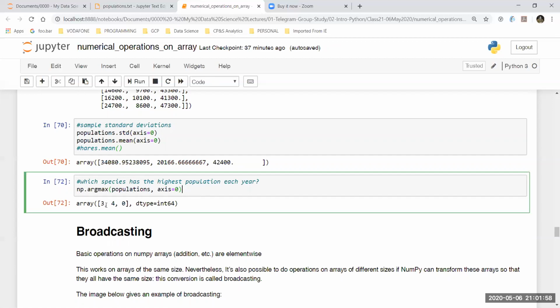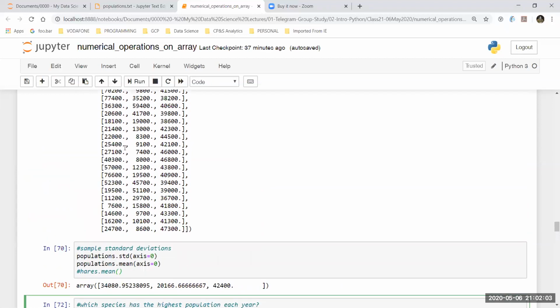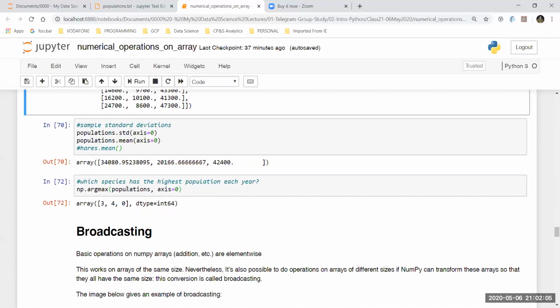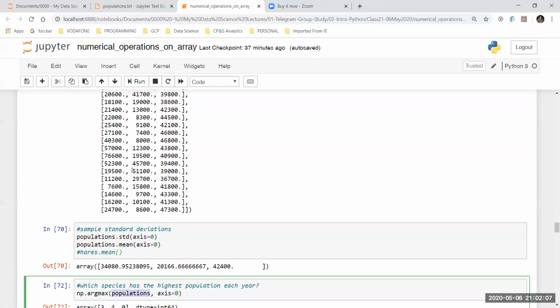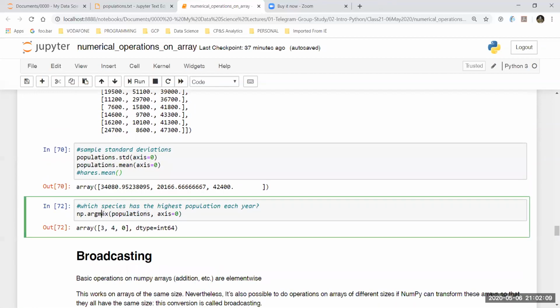Okay, I'm not going to tell you the answer why this is like this and why the data type is integer, because it should ideally be the number over here, right? We are trying to find out the number here. Okay, but it is not the number. Maybe from yesterday's class you will be remembering that if I use argmax, it is not going to give me the max value, it's going to give me the index, right?